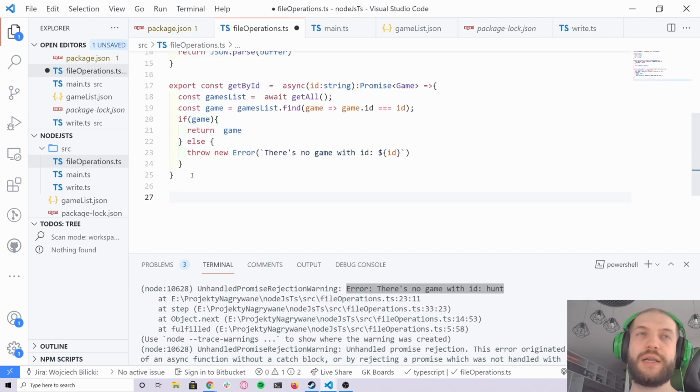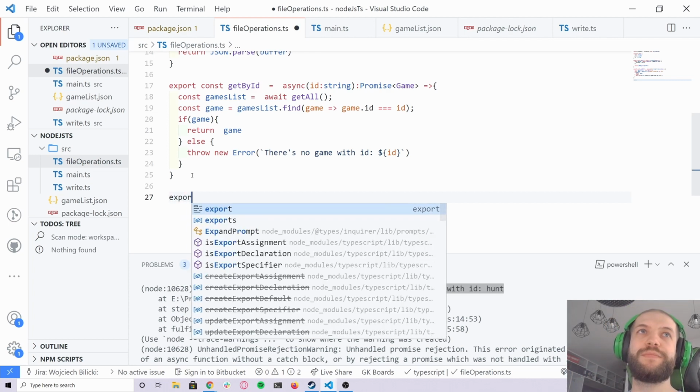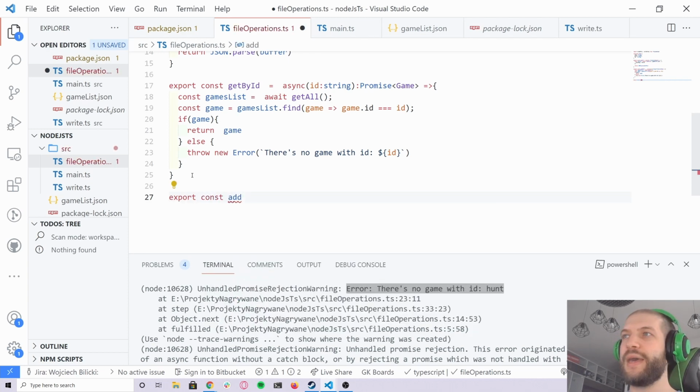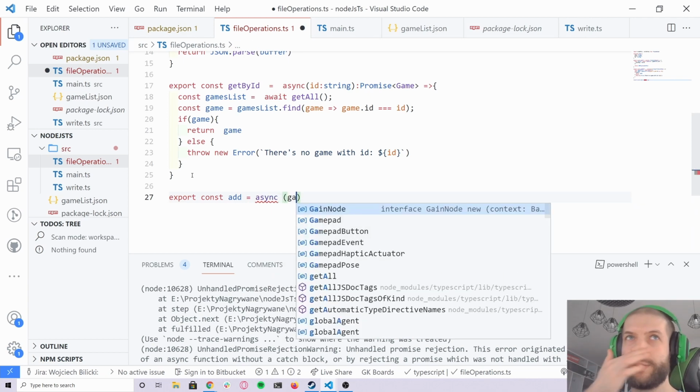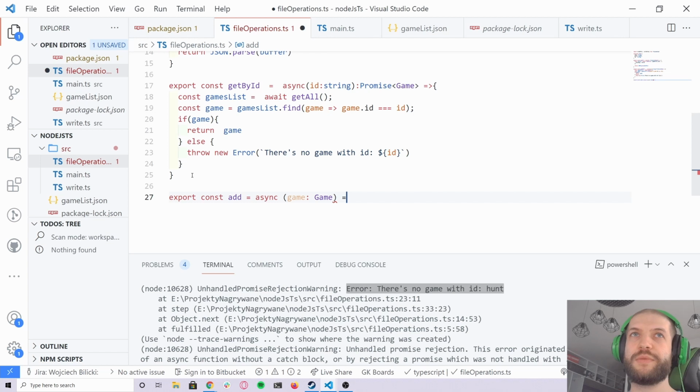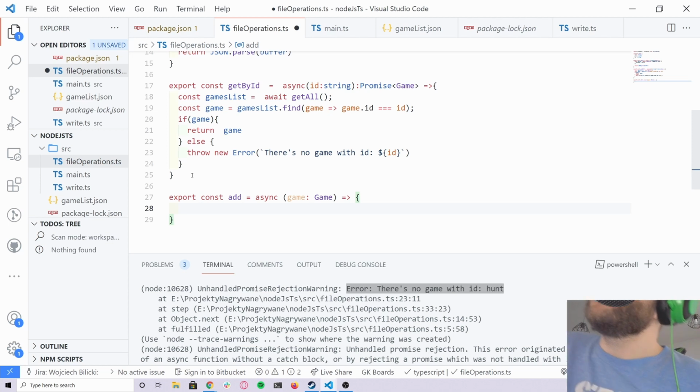Okay. So since we're missing that Hunt game, let's write a function to add a game to our storage, to our file. So it's gonna be add, and we're forcing you to pass a full game object here. And again, if we had a connection to the database or an ORM, we could just perform some kind of add operation on the database, insert operation to the table, but we don't have that. So